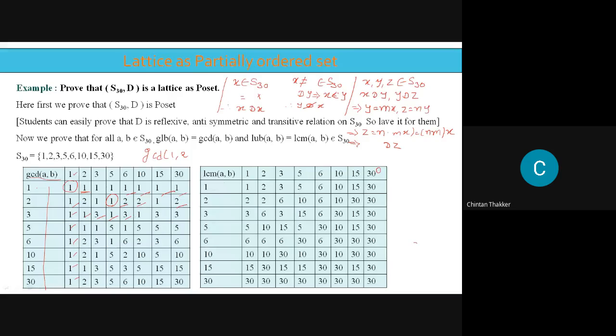So this is the LCM table, and you can see all the elements belong to S30. There is no element outside of S30. That means the GLB and LUB of any two elements from S30 also belong to S30 itself. So therefore, here